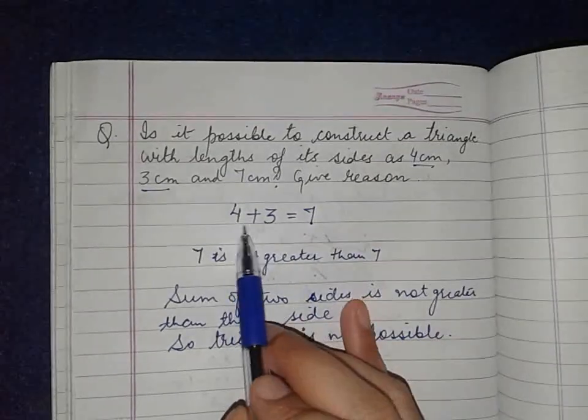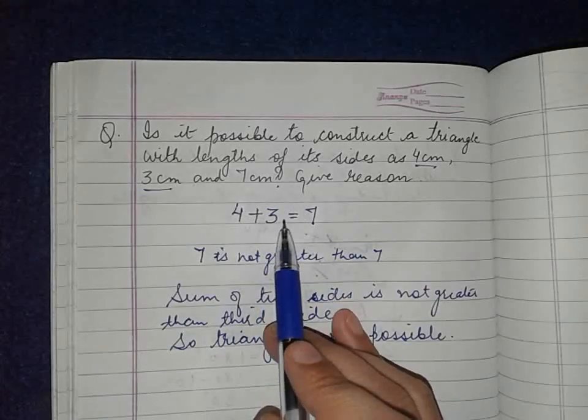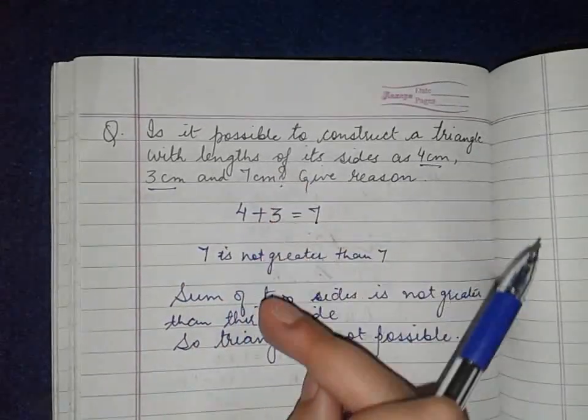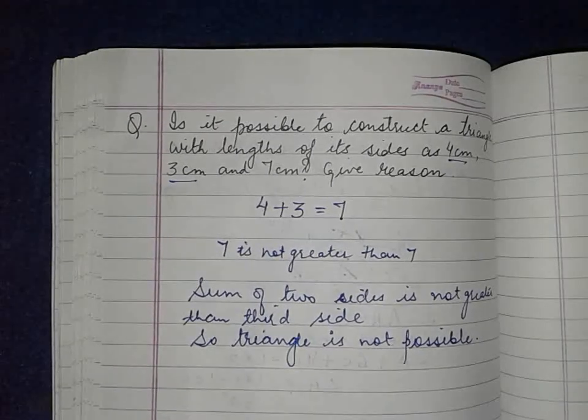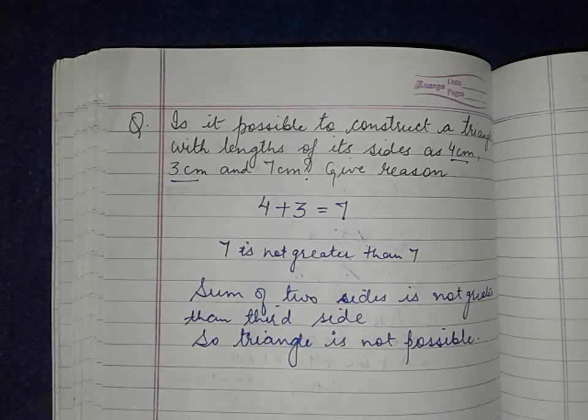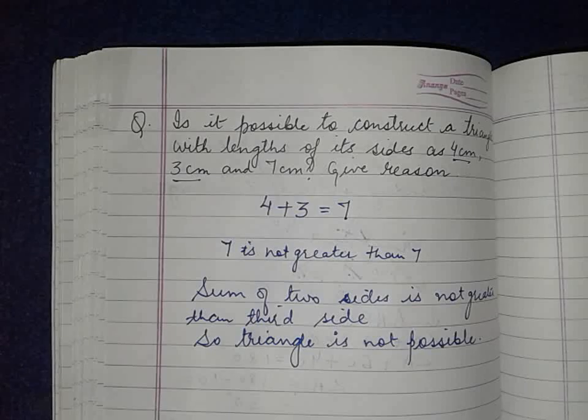Here we have got the answer in the first case only. If the answer is coming greater than the third side, then go for the next two sides. That is fine for all three sides. And if for all three sides the sum is not greater than the third side, if in any case it happens, then the triangle is not possible. Otherwise the triangle is possible. You can complete the exercise based on inequalities now, and we'll meet next time.